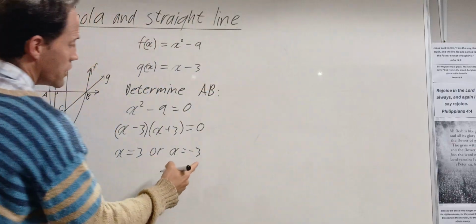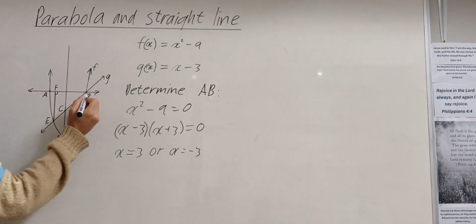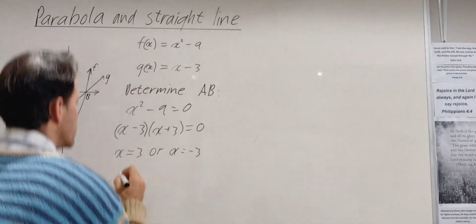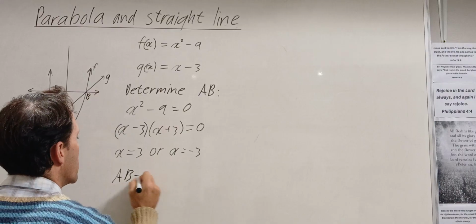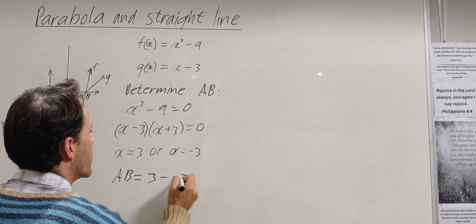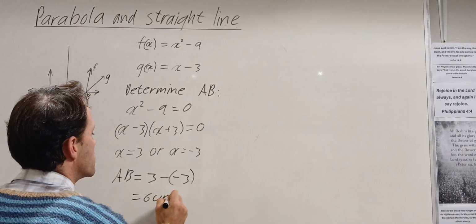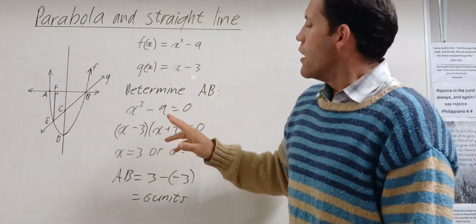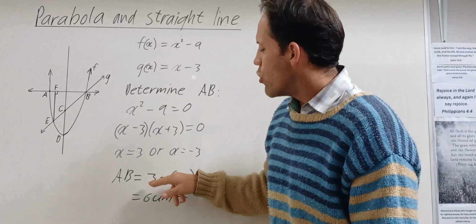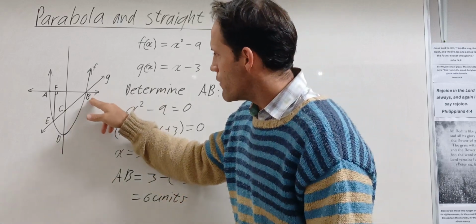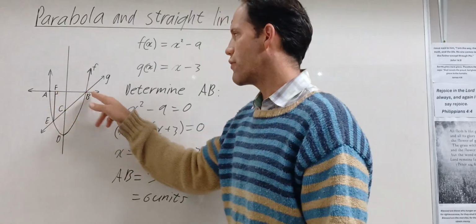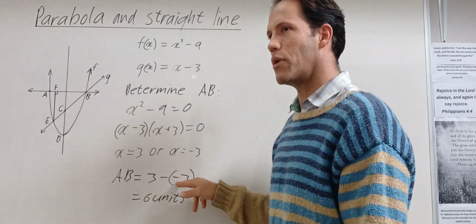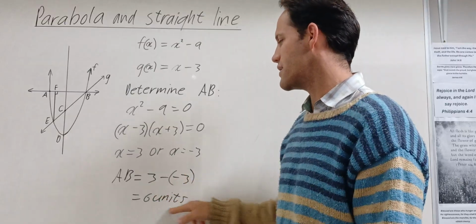So obviously now you know negative 3 is this one here, and that one is positive 3. So from 3 to negative 3, you say the distance AB is 3 minus negative 3, which gives you 6 units. Okay? So one or two important things here. First of all, when you subtract them, you always put the bigger one first. The bigger value minus the smaller value. 3 minus negative 3, and then a negative and negative is positive. So it becomes 3 plus 3, which is 6 units.